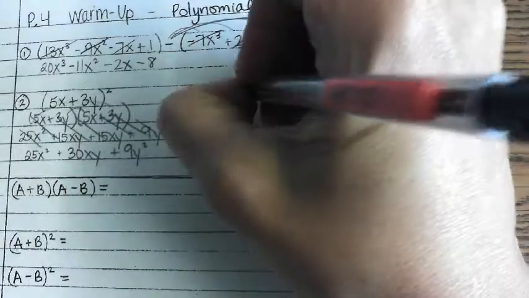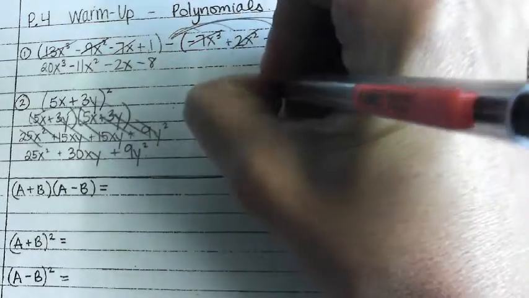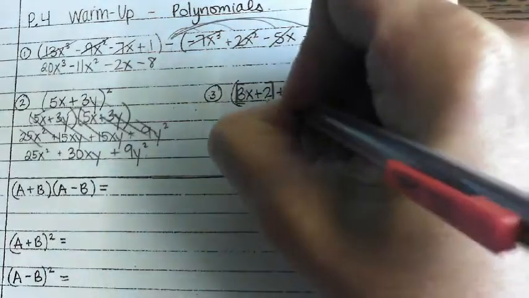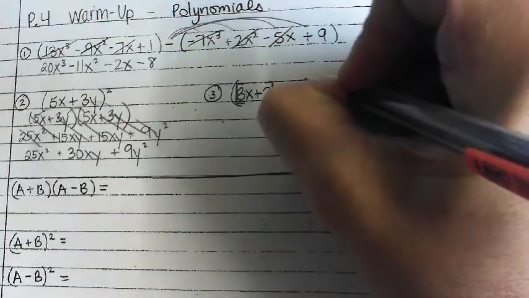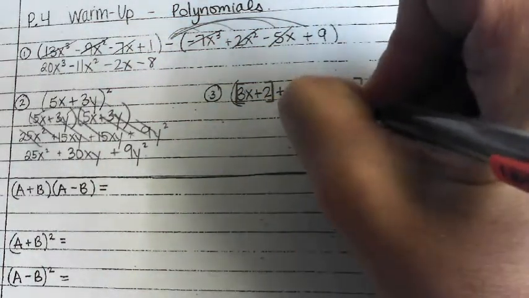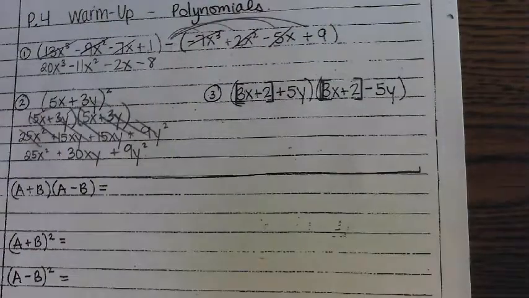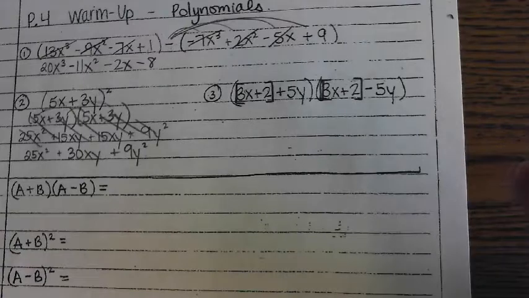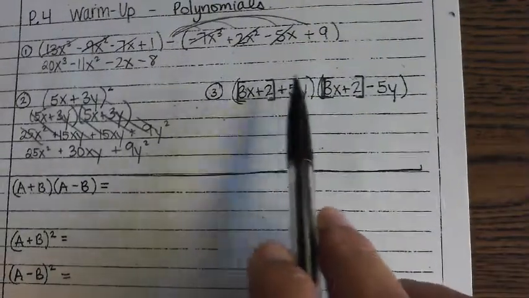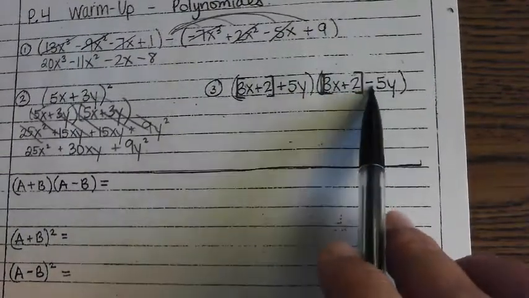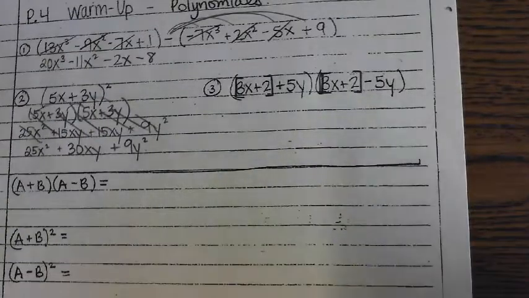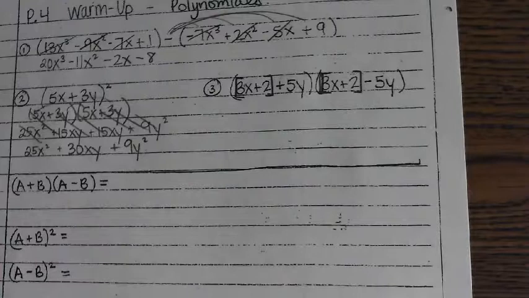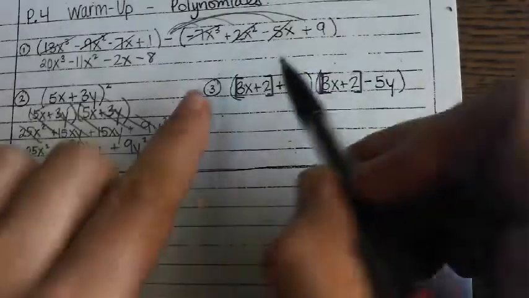Yes. So if you notice that this is 3x plus 2 plus 5y, and this is 3x plus 2 minus 5y, you can then treat these as the conjugates that they are. The binomial plus 5y and the same binomial minus 5y. Those are conjugates. The beauty of conjugates is that when you go back to that FOIL or the double distribute concept,